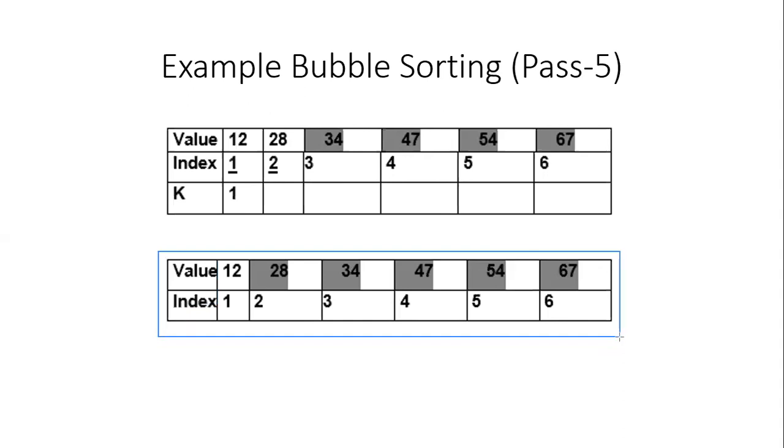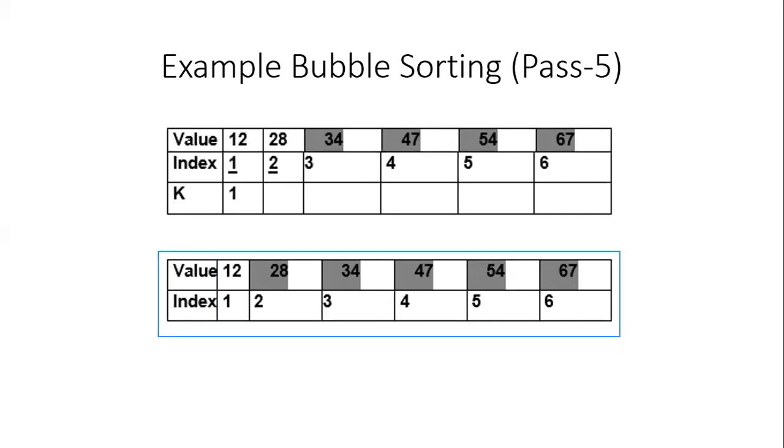So what is the procedure that is followed by the bubble sort? That is to place the largest element in the list at the end during step number 1, and then place the second largest element in the list at the second last position. So this is how the bubble sort algorithm actually proceeds.